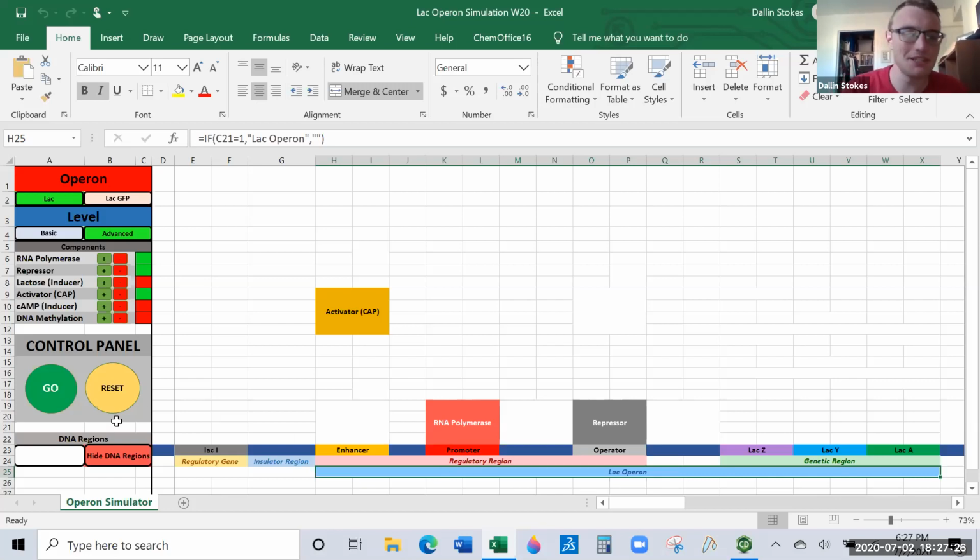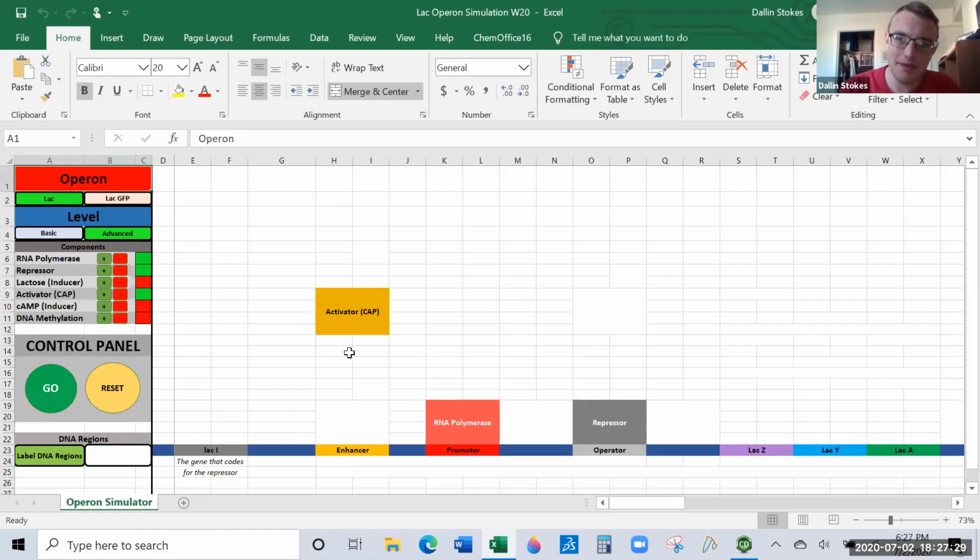Okay, sorry for the detour. So back to the activator. When it binds to the enhancer, then it speeds RNA polymerase up and will make lots of the protein. But the activator is kind of backwards of the repressor. The repressor's whole job was to hold on tight to the DNA until the key forces it to let go. The activator is the opposite. It's a slacker. And so normally it just floats around in the water, not even touching the operon, not doing anything until its key comes and drives it on. So it's like a lazy bum that you have to force to go do his chores.